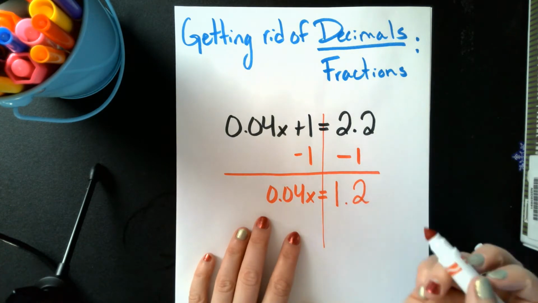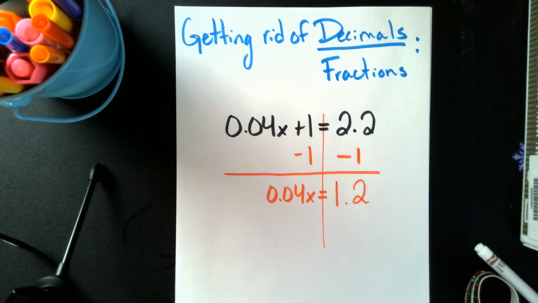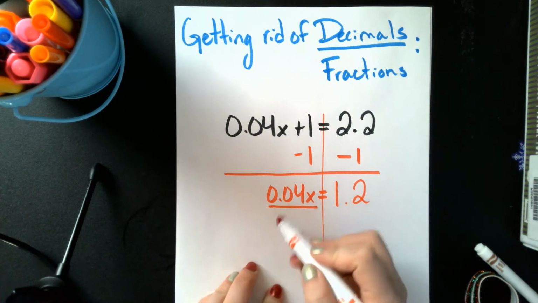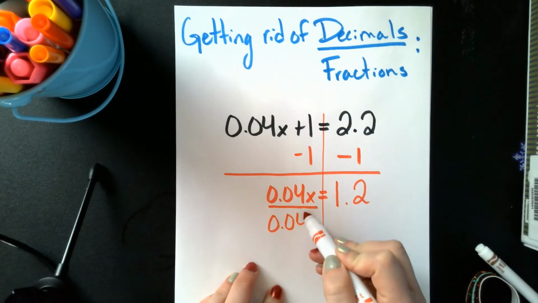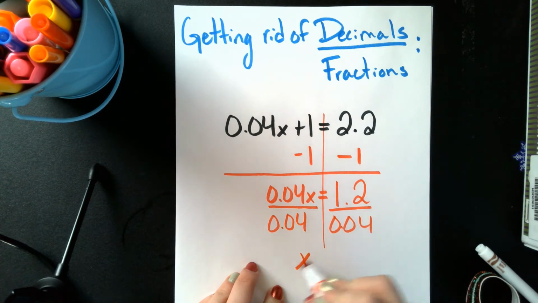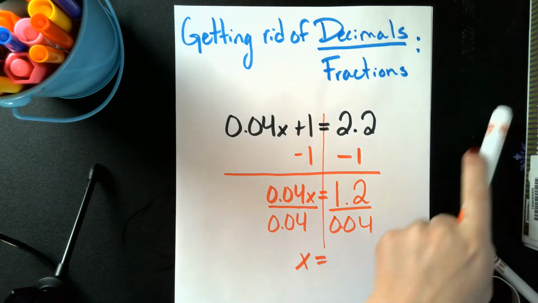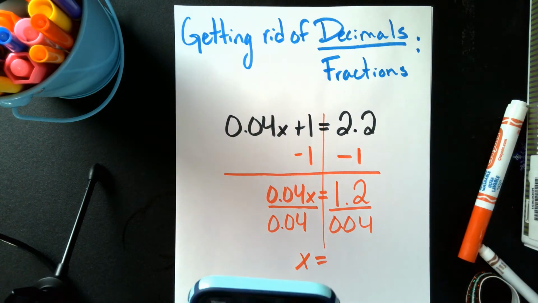Okay? Then the next step I'm going to do is my very last step that I always do, which is division. So we're going to divide everything by 0.04. Now I am not a genius with this, so we are going to use a calculator